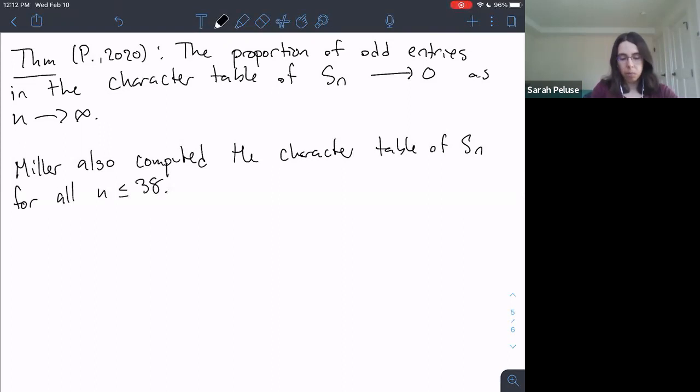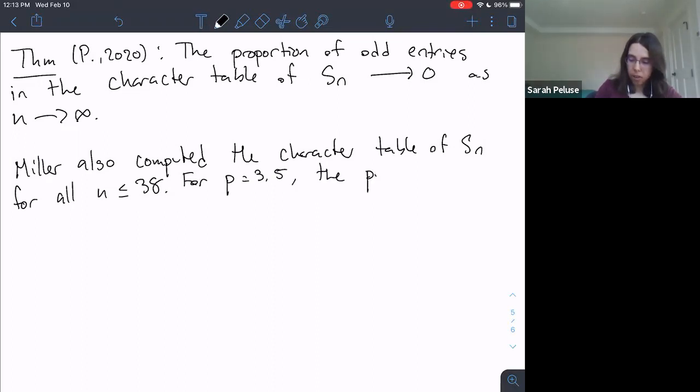And he noticed similarly, even though it wasn't converging as fast, that for any fixed prime p, I guess he noticed it for p equals 3 and 5 as well,